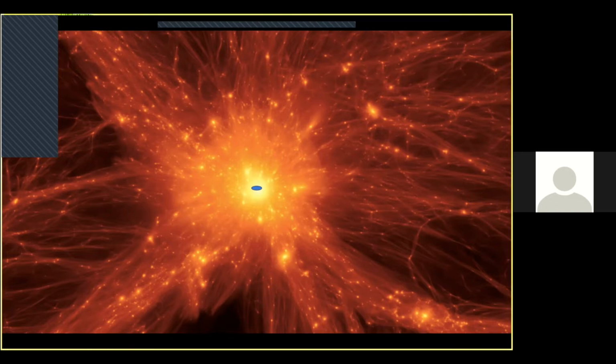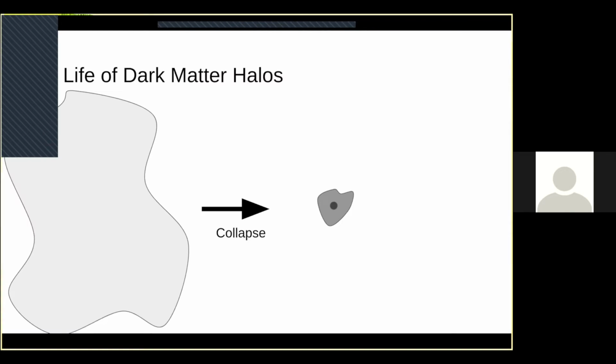Right. So in order to understand the lives of galaxies, we also have to understand the lives of dark matter halos. So dark matter halos start out in the early universe. And the early universe is really boring. There's no stars, there's no galaxies. There's just sort of this sea of matter, normal matter, dark matter, all of these things. And there are some regions which, just by random chance from a quantum fluctuation, are a little bit more dense than other regions. Maybe just 1 part in 1,000, 1 part in 10,000.